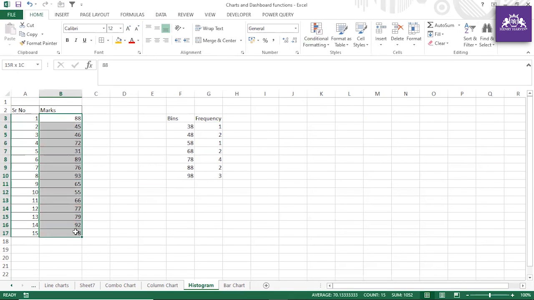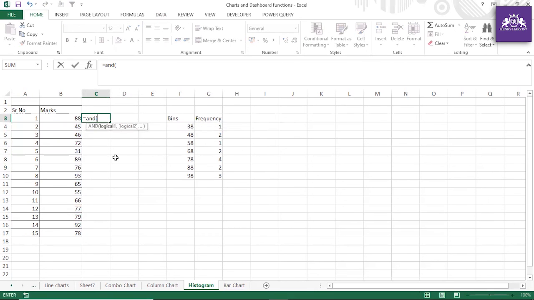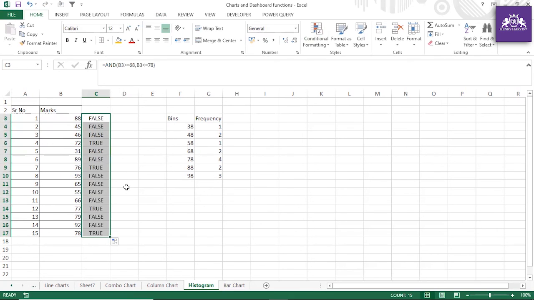So over here, how can you find out? First you can make one formula: greater than or equal to 68, and comma, less than or equal to 78. If you drag this, how many people are coming?